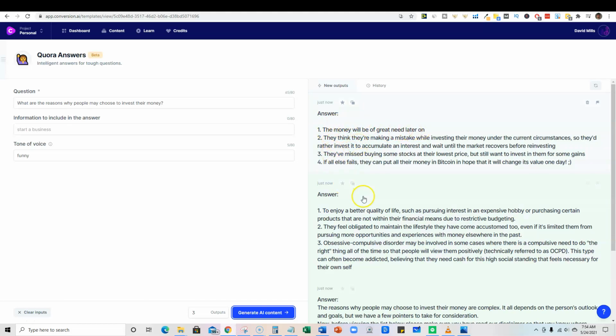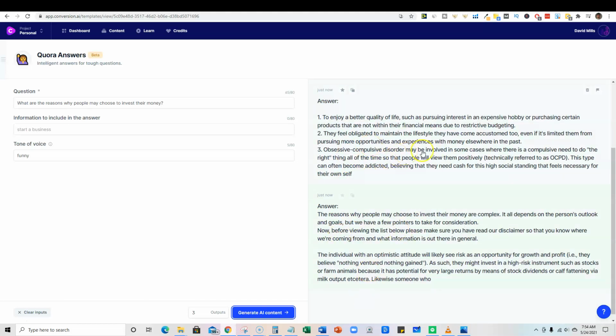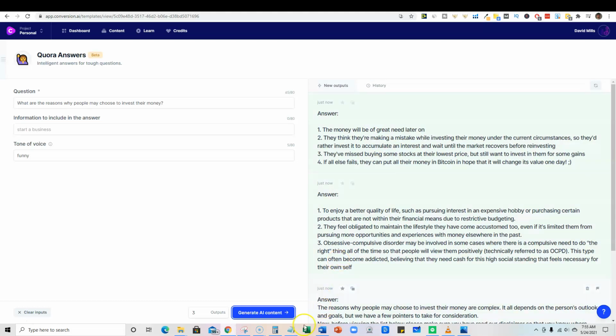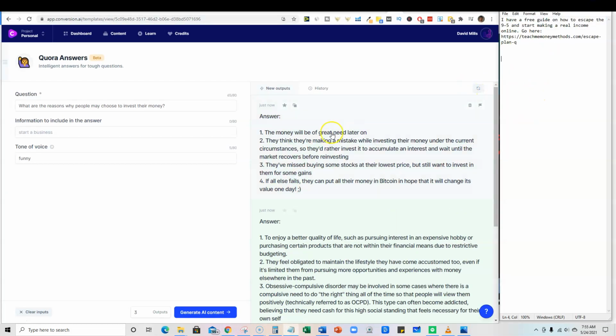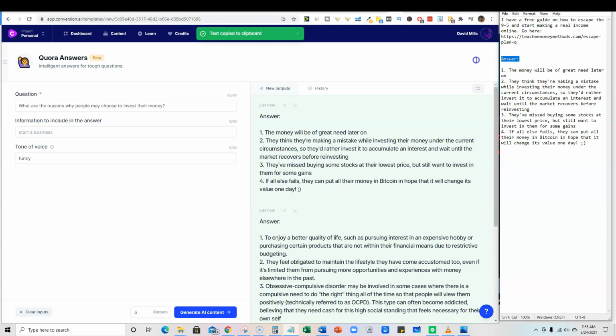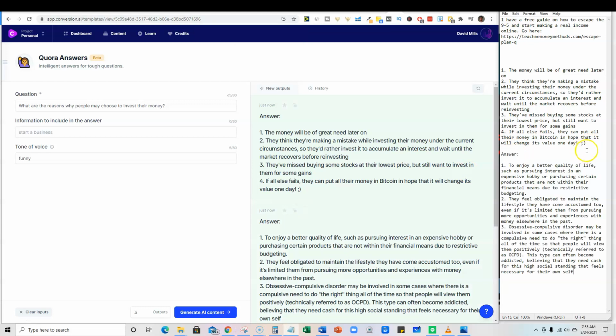So these are reasons right here. You can take any of these, and if they're all a little bit different, then I'll even take all of them. So what I'll do is open up my little notepad over here and shrink this down. Then I'll copy that and put it over here. We could just take this answer and leave it the way it is, but I'm going to use all three of them because they're all very different answers, and we're going to offer value, right?